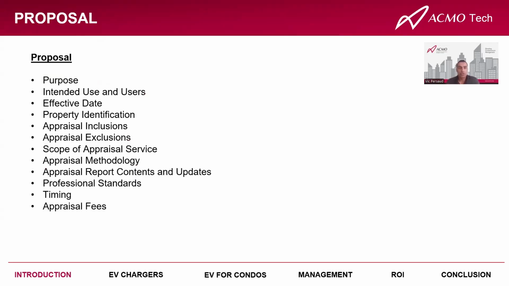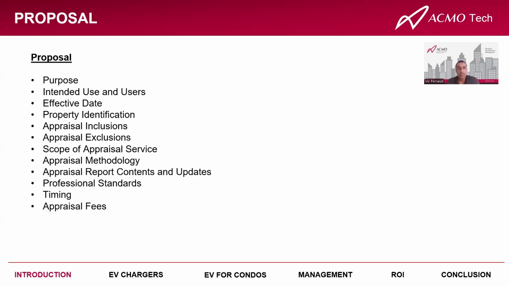The insurance appraisal process starts with a formal proposal that will include the following details: the purpose of the appraisal, which is to establish the replacement cost of the property in accordance with Section 99(7) of the Condominium Act; the intended use, which is for insurance replacement; the intended user, which is the condominium corporation; the effective date, which is the date that the appraiser inspects the property; property identification, which includes the condominium corporation number, address, and postal code